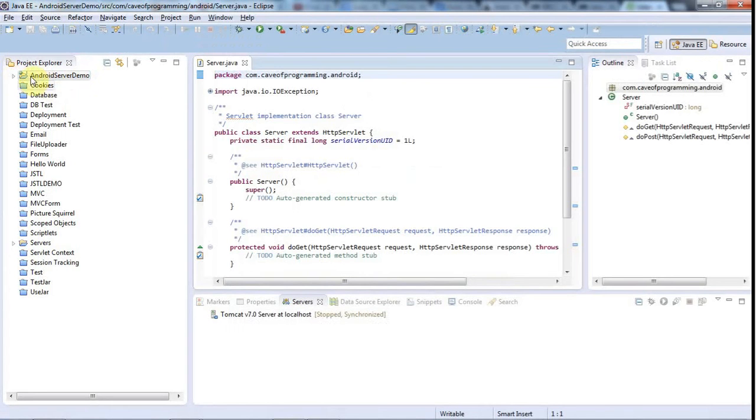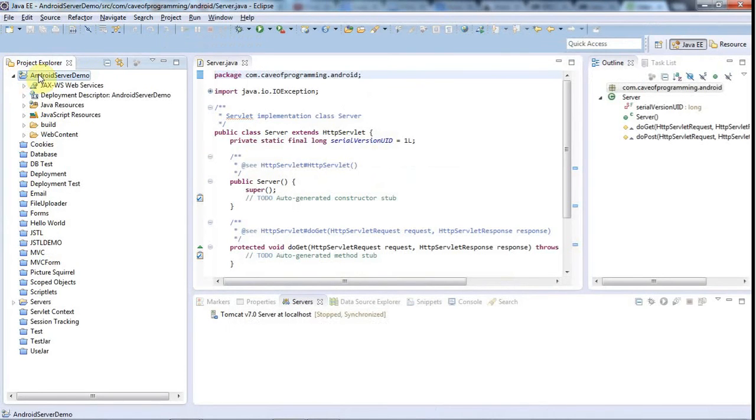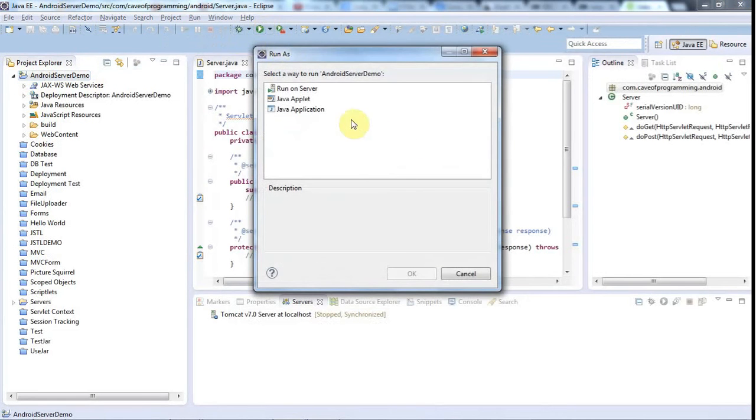And now I'm going to try to run this, and I often get errors when I try to run this stuff to start with, but I'm going to click the big green run button, and I might need to end up changing a few things. I'll click run on server, and I should also say that I've installed Tomcat on my machine, and the Apache